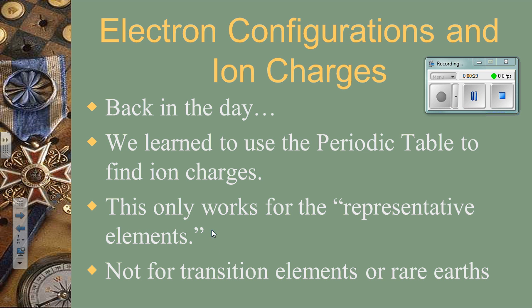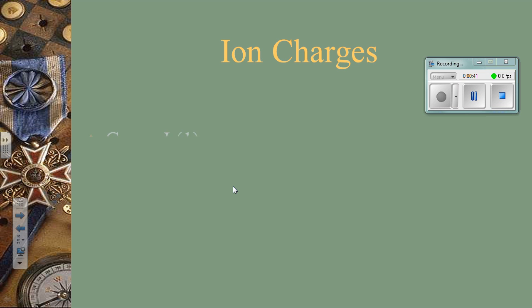It does not work for the transition elements, that is all the stuff across the middle in the depressed section, or for the stuff at the bottom, the rare earths. We have to have something else for that. So we're going to broaden our knowledge of what goes into making ions, but let's just review what we know so far. If we're in group number 1, or just the first group on the periodic table, the alkali metals,